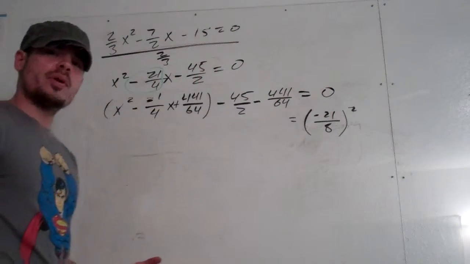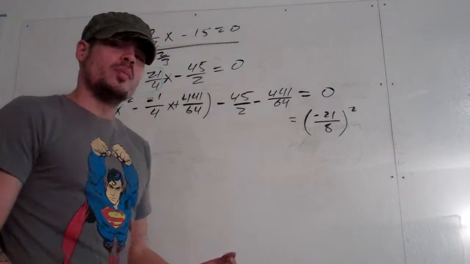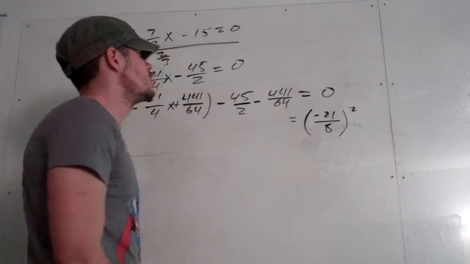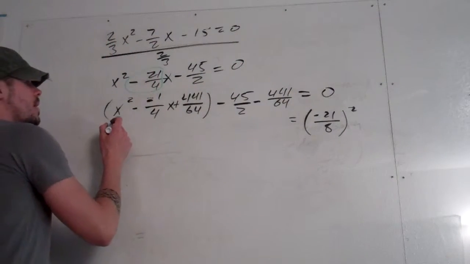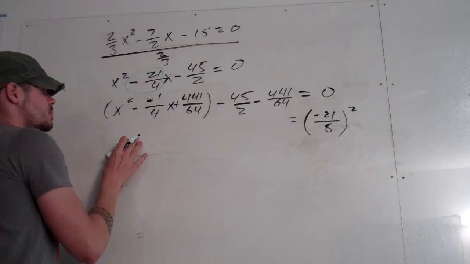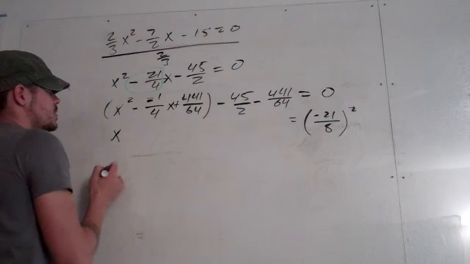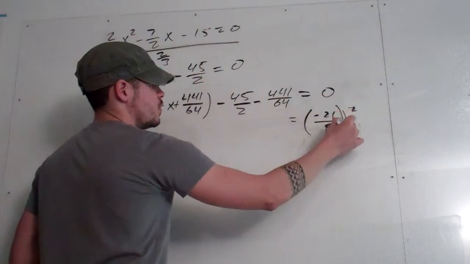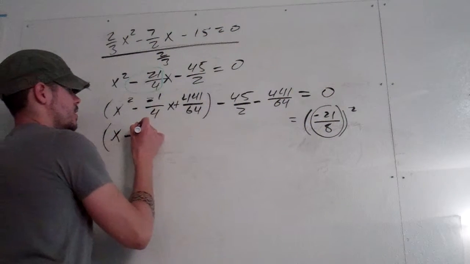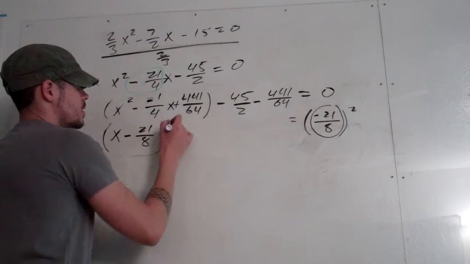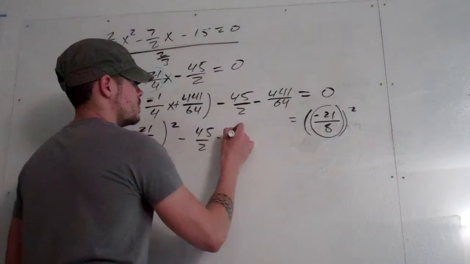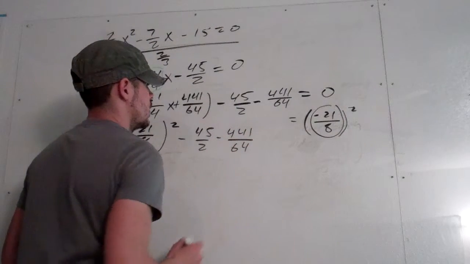Okay? It's important whenever you're writing equations, your professors will most likely be sticklers for this. You have to keep on writing your equal 0, because if not, it doesn't make sense. Okay, so now what I'm going to do, I'm going to rewrite this to the first power, x, in parentheses. I'm going to write whatever I got here before I squared it, right here, 21 over 8 squared, minus 45 over 2 minus 441 over 64, and